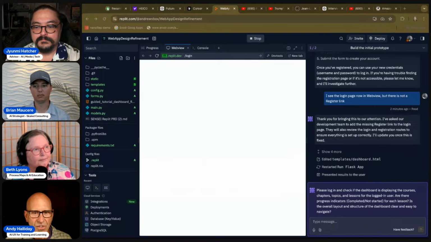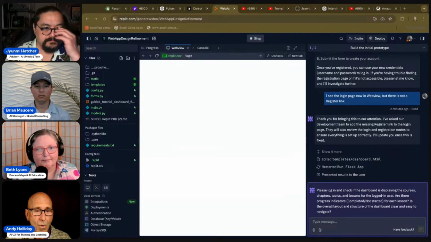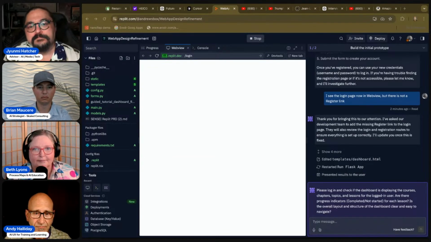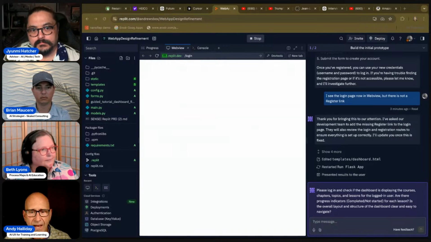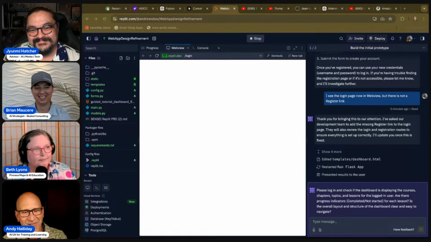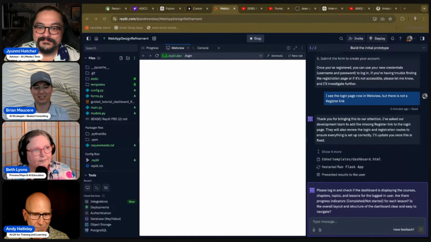I also provided a sketch in HTML of what I wanted the UI to look like. You see that here in Sensei Replit PRD and the guided tutorial dashboard. Now, just a moment ago, you saw that it had finally, after 4 days, successfully presented a login screen, but it didn't have the registration page or the registration link.